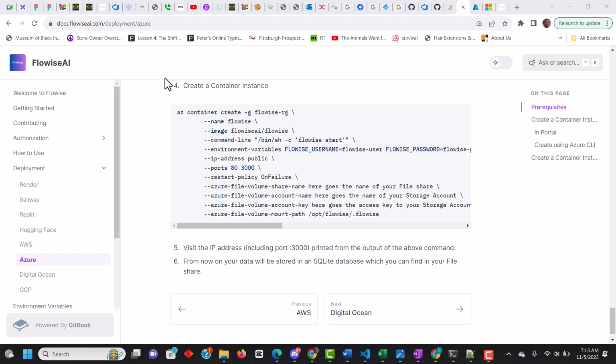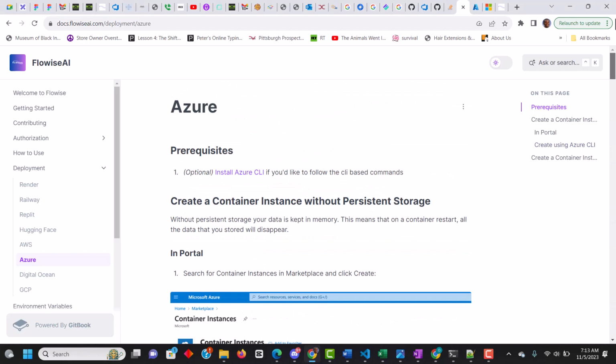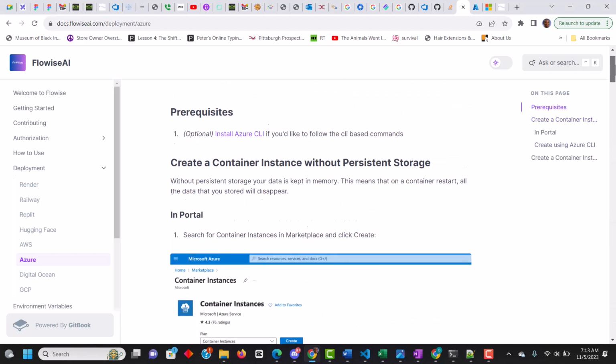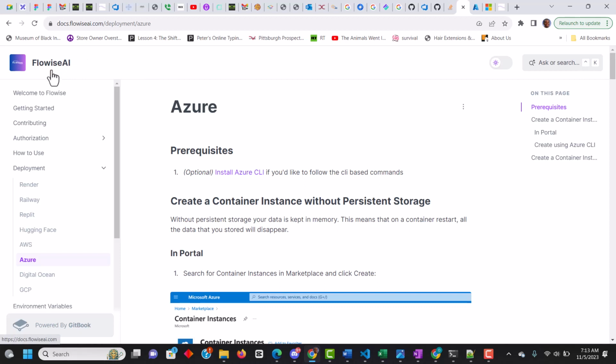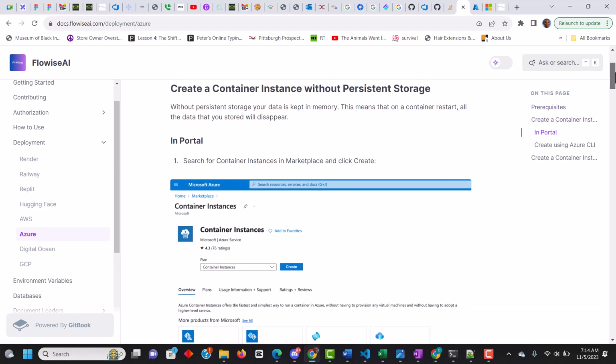In this video, I'm going to show you how to spin up an Azure Container Instance using Flowise. You can see here that there are different ways to deploy your Flowise application. You have Render, Railway, Replit, Hugging Face, and so on. But since I have an Azure subscription, I thought it would be great to make a video about this, because